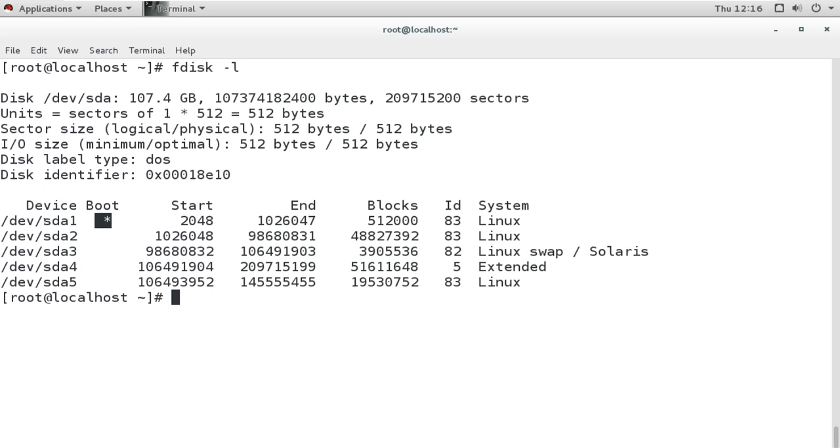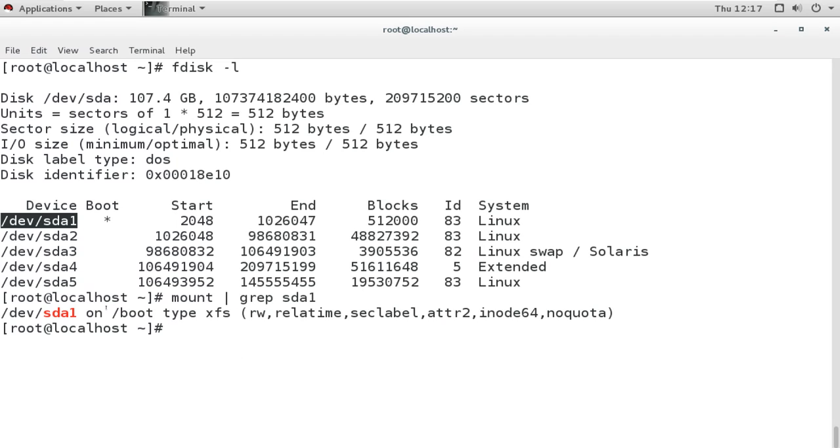So that it can have the first sector, because on the first sector it can store the bootloader file, and that is why the boot partition is always the first partition. If we check where it is mounted, we can see it is mounted on the boot directory.